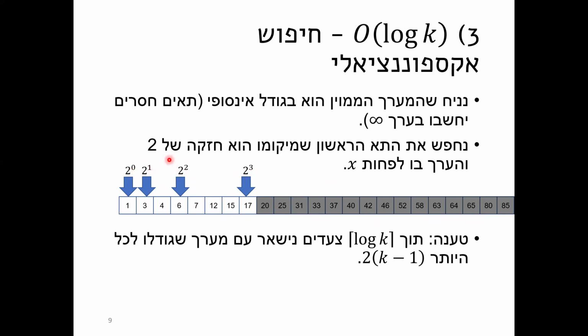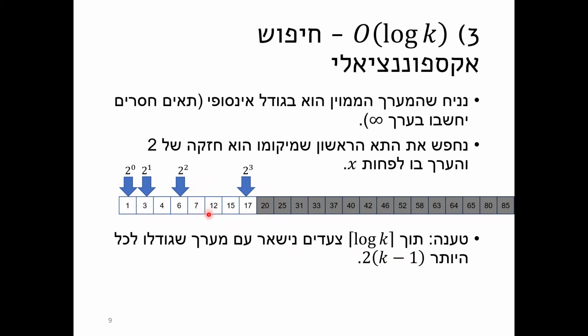each time 2 to the power of I. And now the claim that we're going to prove is that within log k rounded up steps, we will remain, because we know it's smaller than the 2 to the power of this log k element. We know it's in this half, so this array that we remain with is at most 2 times k minus 1. We're going to see the proof for that, but